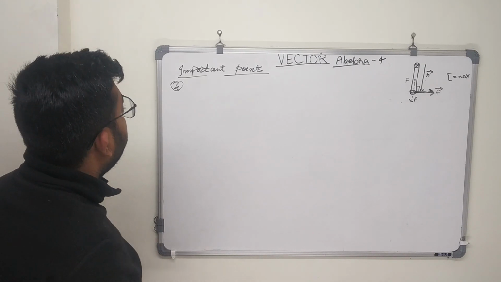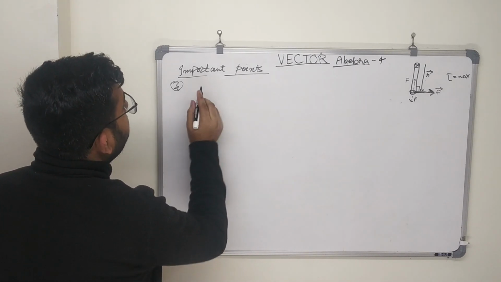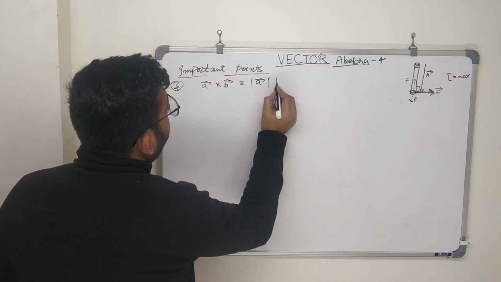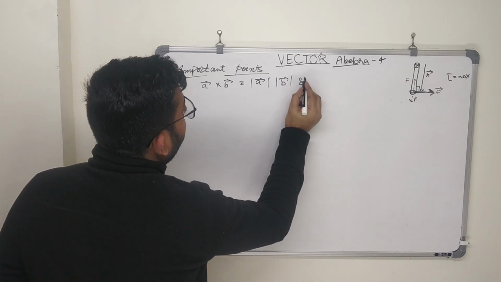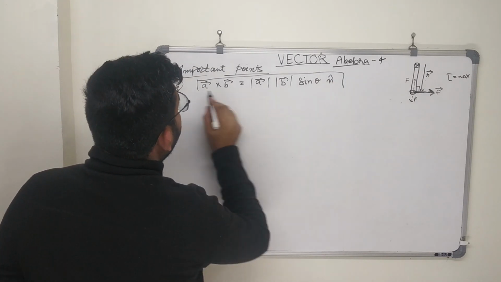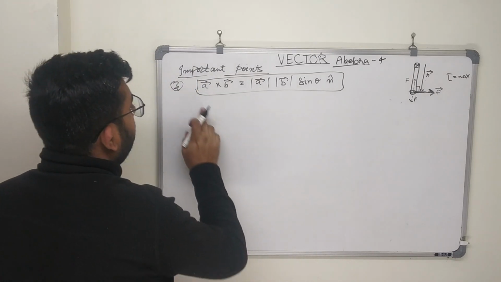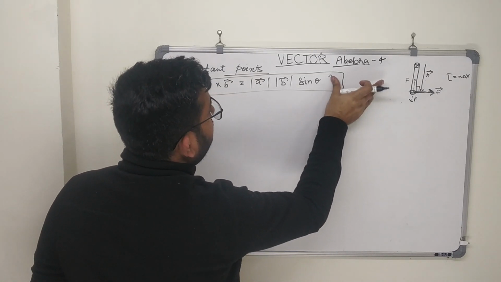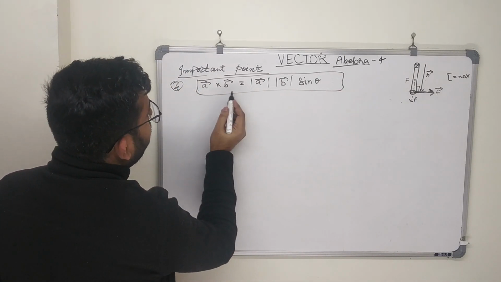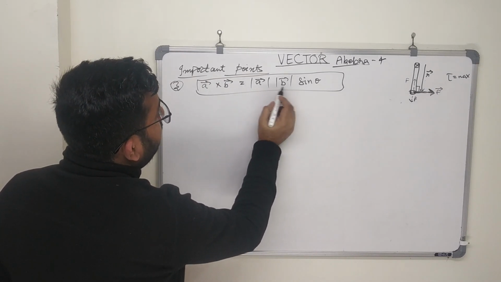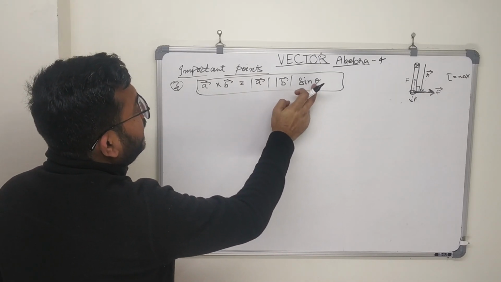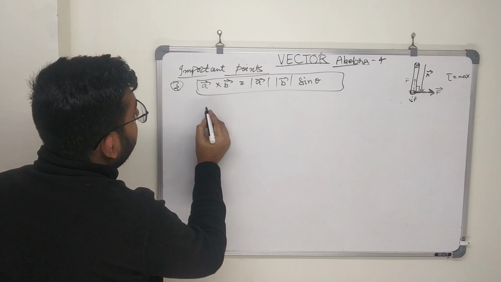Now the third point is, suppose that you already said that a vector cross b vector is equal to magnitude of a vector into magnitude of b vector into sine of theta into n cap. So we are not compulsive to write the n cap here. Now in this case, when you are given a vector cross b vector and magnitude of a vector and magnitude of b vector, so with the help of these three parameters you can find the angle between the a vector and b vector, that is theta is equal to